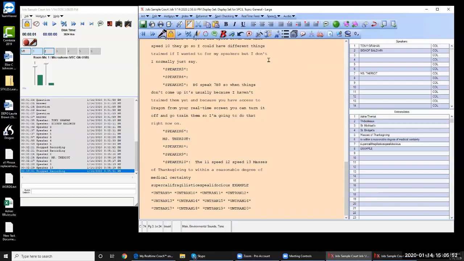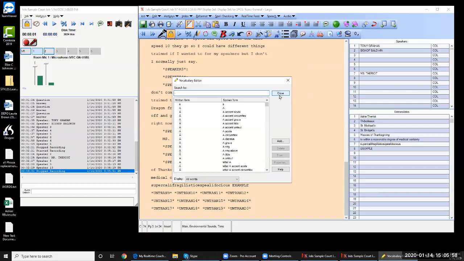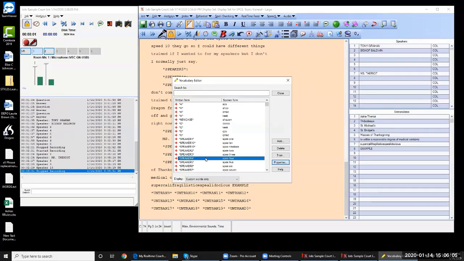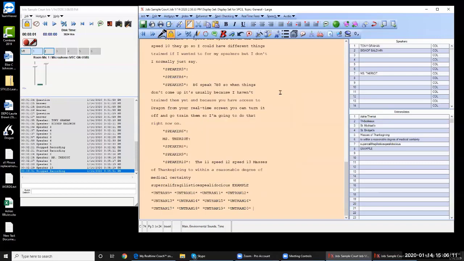Again, to access your vocabulary editor, you click on the button for vocabulary editor. Then you go to custom words only and you select what needs to be retrained. Then you click on train and you say it. So that's how you get to the vocabulary editor, to retrain things that are not working. So now that we're done,